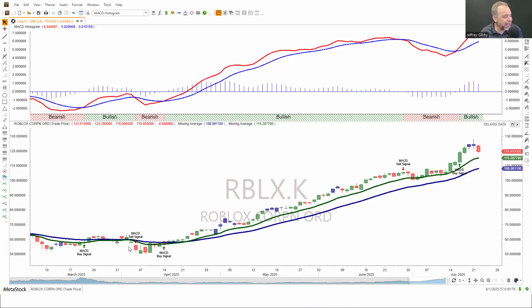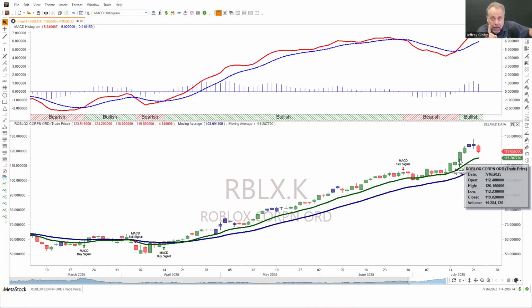So for now, that's generally how the MACD buy and sell signals are formed. If we're bullish, that means our MACD is trading above its signal line. If we're bullish, we anticipate a rise in the stock. When it crosses back down below its signal line, we anticipate a bit of a pullback, which we actually did get. And then we just recently got a long signal right here. Very, very simple. That's the first way we look at MACD: how is the MACD trading in conjunction with its signal line?